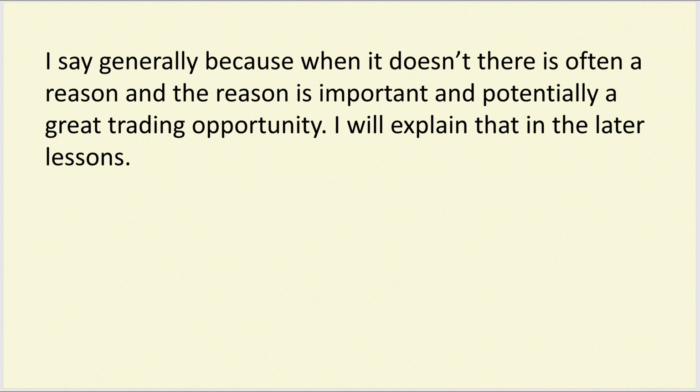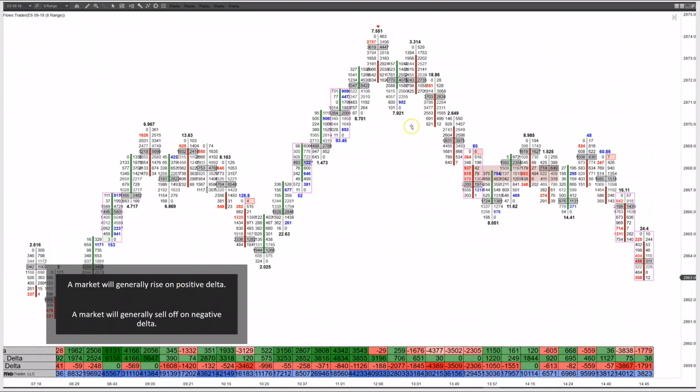And the reason I say generally is because it doesn't always happen that way. And when it doesn't, there's often a reason, and the reason is important and potentially a great trading opportunity. I'm going to explain that later in the lessons, actually. But there are times where a market can be rising on slightly negative Delta and selling off on slightly positive Delta. And that's important because,